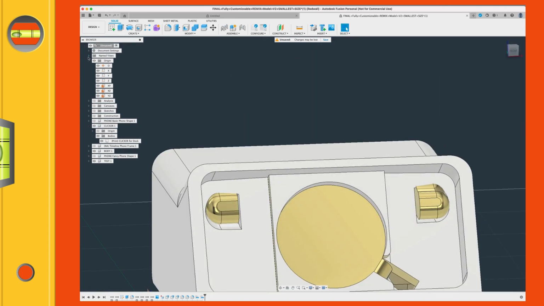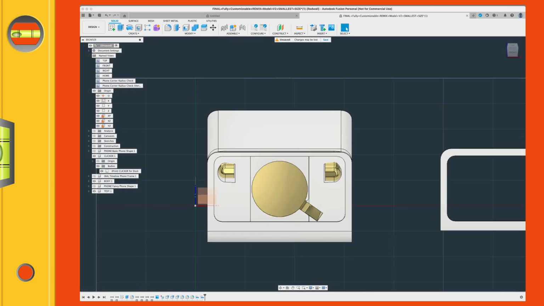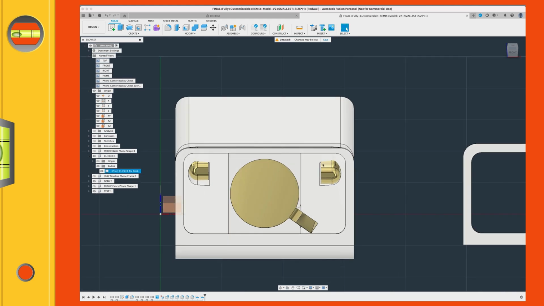I'm going to use my view up here, name views, and I'm going to go to the radius check because that's flat on. Okay, so that's good. You see how the black line here is disappearing? So the clicker needs to move down a little bit. We really don't need to worry too much about getting the clicker perfect because the clicker won't be printed this way, but you do want to get it close